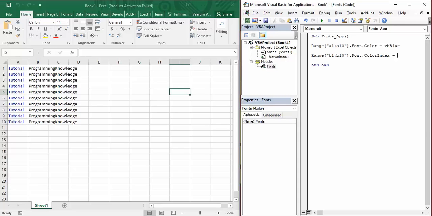First of all, let us give it a valid value. Suppose I have given it 5, so it is a valid value, and let's press F5 to see what changes it brings. So color index 5 is basically for a blue color. Let's change its color index to something else, say 10, and when we run it, it's in the form of green.